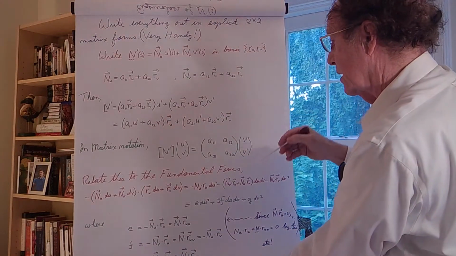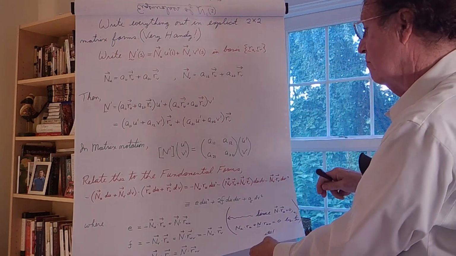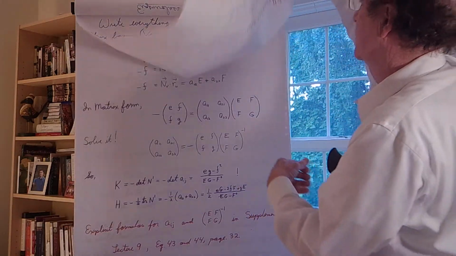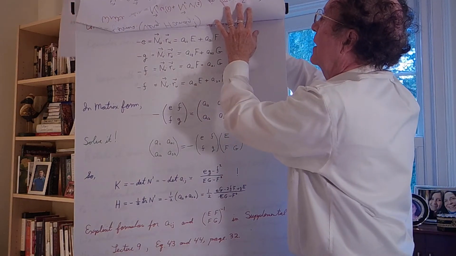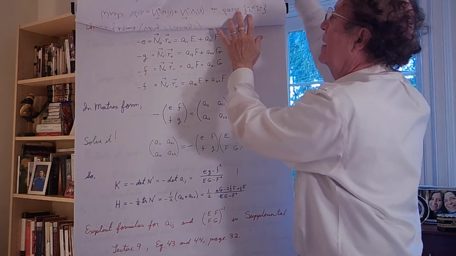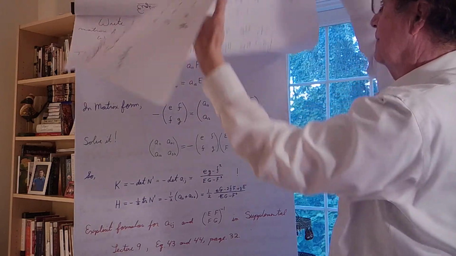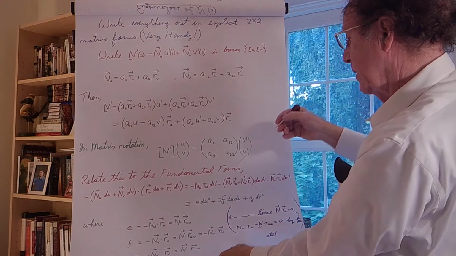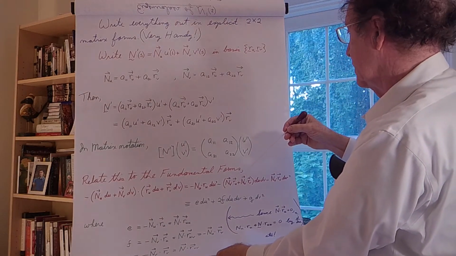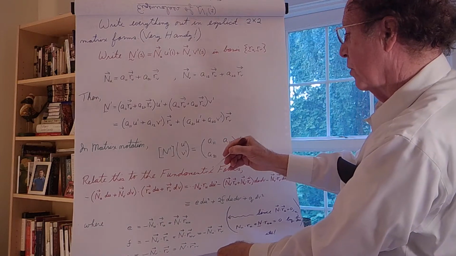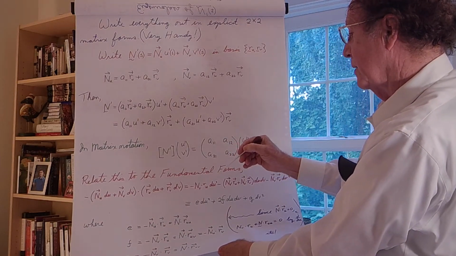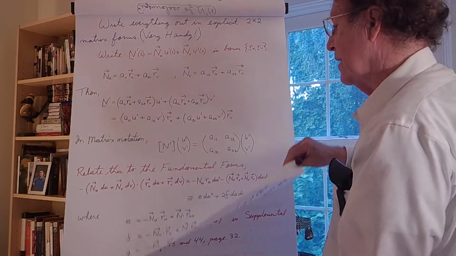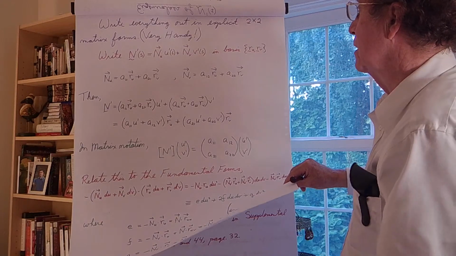So that's just to come back here and rewrite things in terms of the first fundamental form on the right-hand side. Okay, so we see it right here. E was minus n sub u dot r sub u,